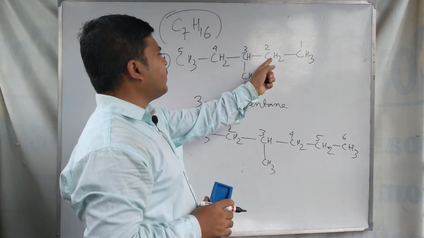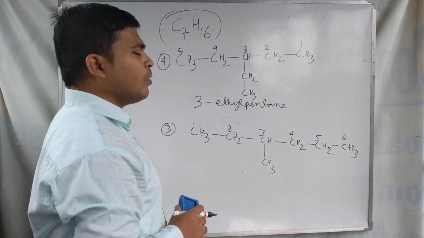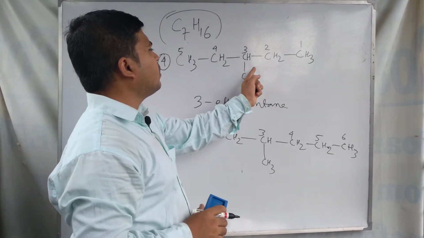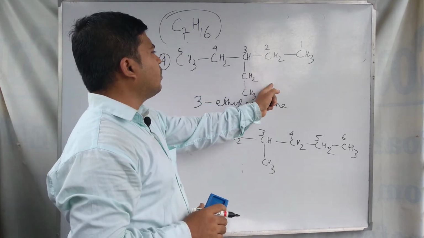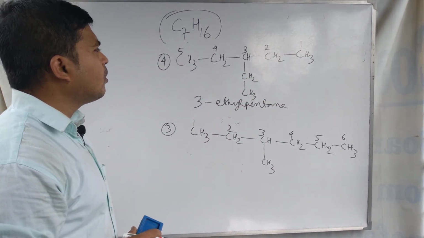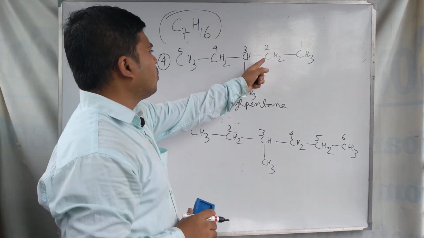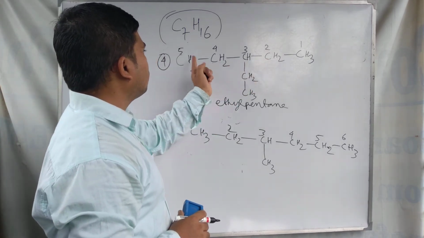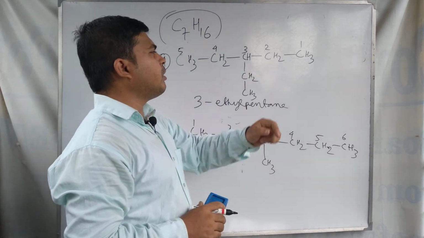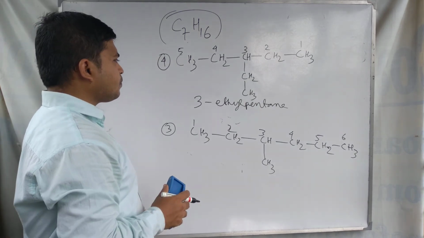if you take it in this position, the initial isomer will reform. Like if we place it here, means ethyl group in 2 position, then it will become the 2-methyl hexane. 1 2 3 4 5 6, 2-methyl hexane. So we cannot shift it here. Rather, right now we can do one thing.